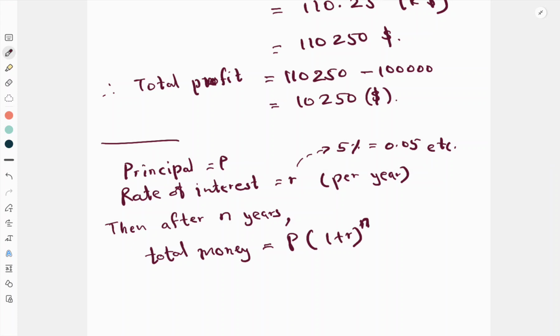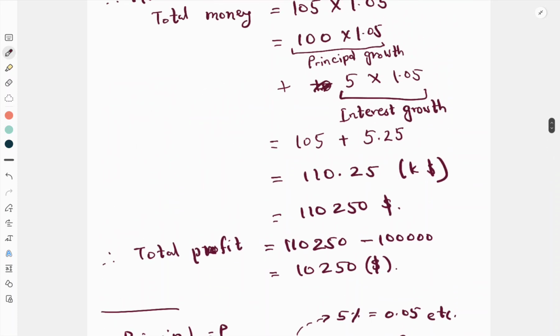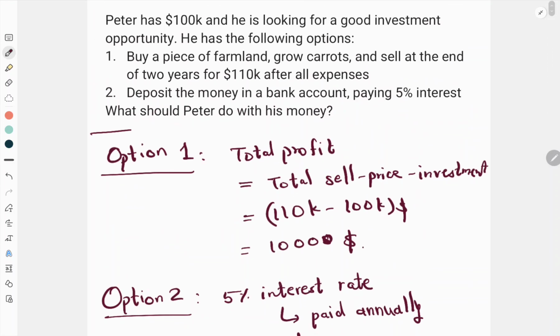And in this example, as we demonstrated, it is not just that the principal is growing in the second year, but also your interest. And so that's why it's better in this particular example to just deposit the money in the bank and get a 5% interest. The numbers would change, of course, if the assumptions are changed. So instead of at the end of 2 years, if you're going to get not $110K, but $112K, let's say, then just a simple analysis like this may or may not be straightforward,